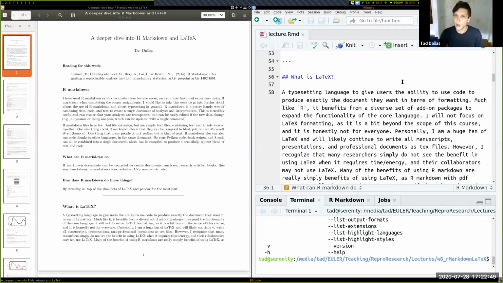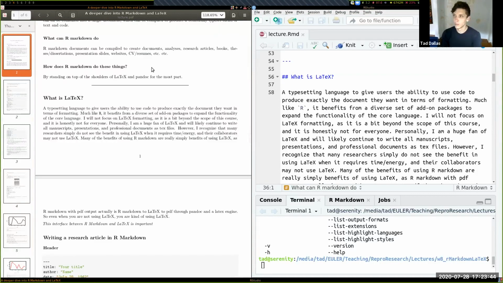And so I'll go into a little bit about sort of what is LaTeX. So LaTeX is a typesetting language that you basically use code, much like R Markdown, in order to generate a perfectly typeset document. And LaTeX normally compiles, or traditionally compiles to PDF, but you can also compile LaTeX to other things. The downside, the limitation is you can't embed code chunks.